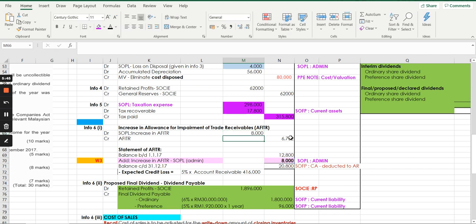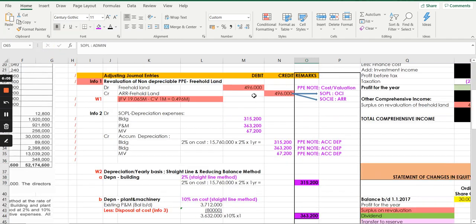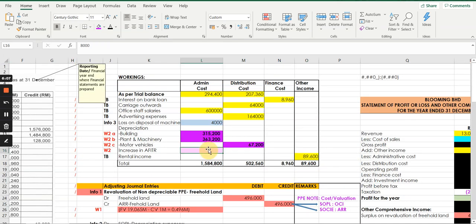Yep. And you will also credit 8,000 in your allowance for impairment. So that has to be reflected in your admin expenses. This is under your admin expenses. Yep. It will be under your admin expenses, which is 8,000. So under your admin expenses here, you will now get your